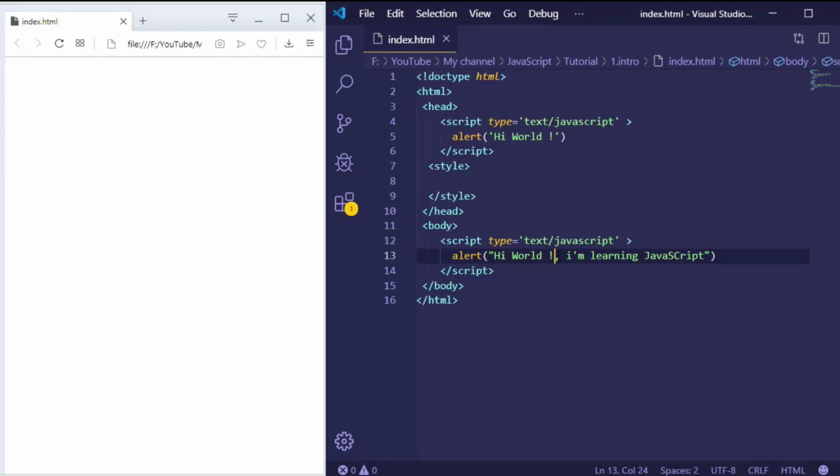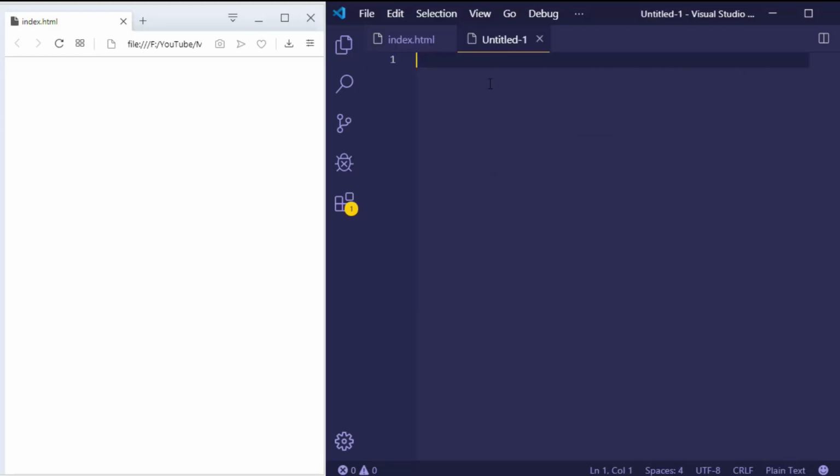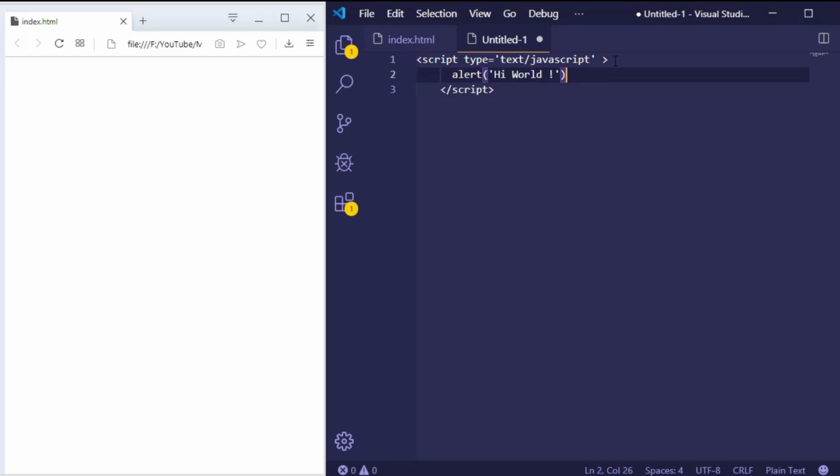Is there another way? Of course there is another way. So let's make another one, the external way. Here we don't need the script tag because we will define it as a JavaScript file, just the code.